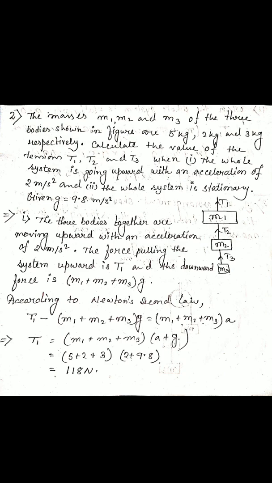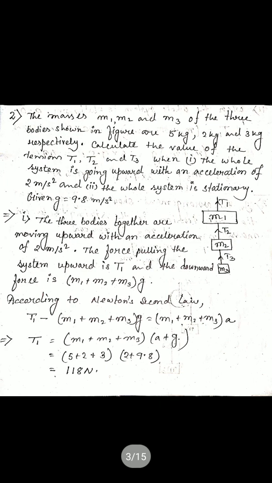Okay, so for T1, when you draw the free body diagram, the mass m will be the total mass of the system, m1 plus m2 plus m3. In the case of T2, it will be m2 plus m3. We denote the mass as a point mass, so that point mass is m1 plus m2 plus m3 for the first case, and m2 plus m3 for the second case. I hope it is clear to everyone.